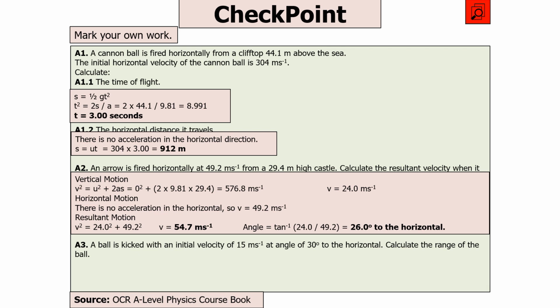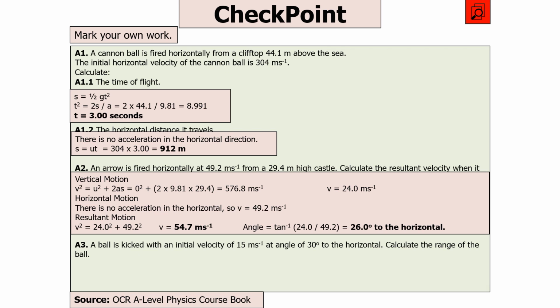equals 24. In the horizontal, there's no acceleration because there's no resultant force, so the horizontal velocity is going to remain at 49.2 meters per second. So the resultant overall velocity is by Pythagoras, horizontal and vertical components. So it's v squared equals horizontal squared plus vertical squared. So you work it through to be 54.7 meters per second, and you can work out your angle by doing